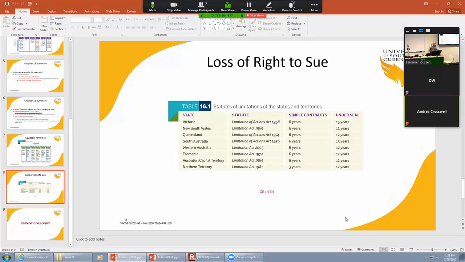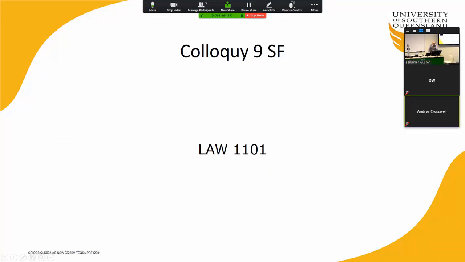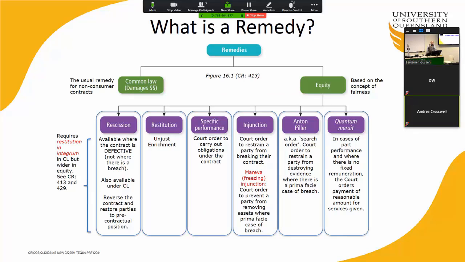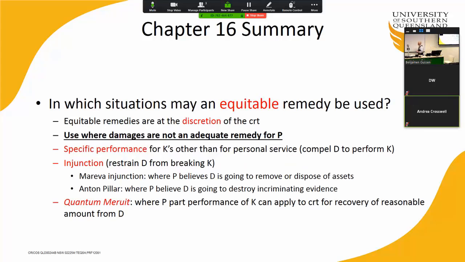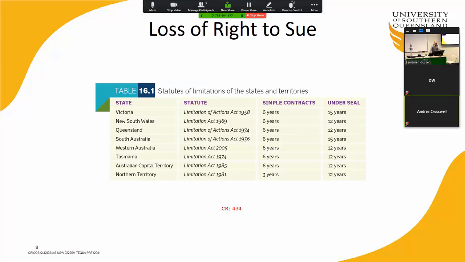Okay, sorry about that. So I'll just quickly go back and show you what we have been doing. Sorry, folks. So we're talking about these equitable remedies, and we talked last time about what remedies are, and the difference between common law and equity. And then we said we have these different types of remedies under equity. We were just going through them, and we explained what would be required for an equitable remedy. We said that it has to have the fact that damages are not adequate, and that triggers the idea of accessing these equitable remedies. And we said that these equitable remedies include these ones here, including the reference to your textbook at the bottom of each column. And then we were just now talking about these